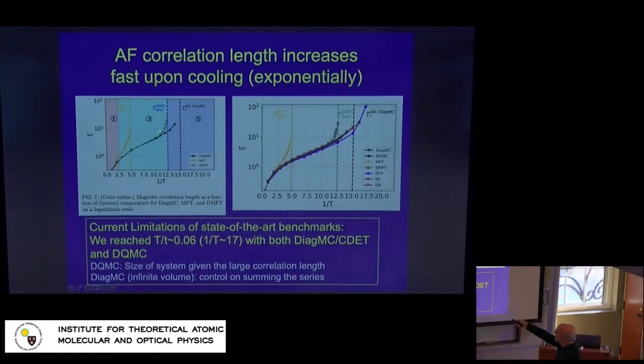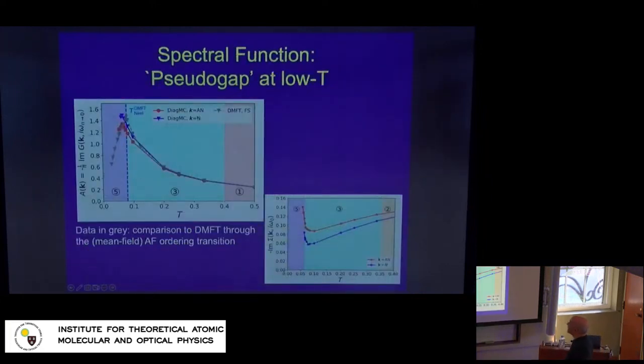And despite the fact that the correlation length can be 10 lattice spacings in this case, which is very large, because this is half filling, you can still get a reasonably coherent metal, which was kind of a surprise to us. Okay, there is a pseudogap here, of course. Eventually there is a gap at zero temperature.